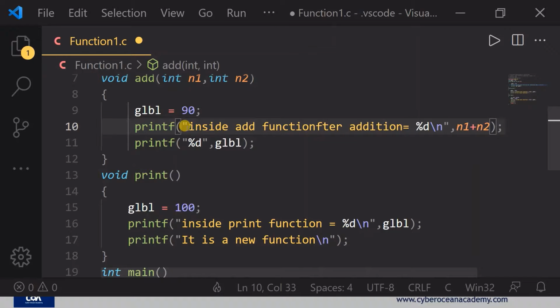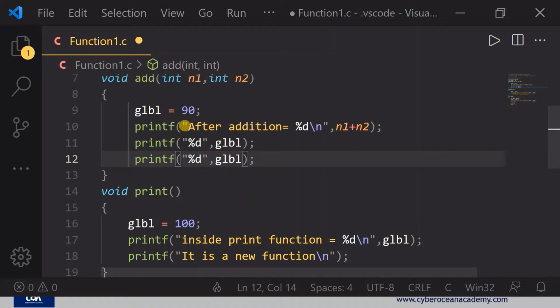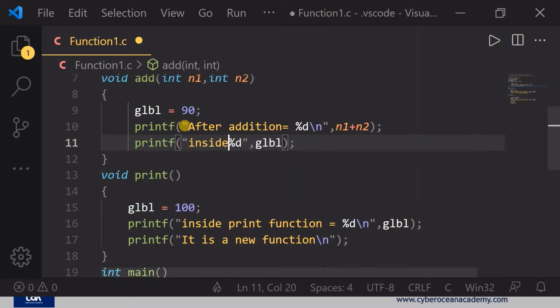Okay, so here inside this function. Okay, so here I'm just gonna write inside add function. Okay, and here